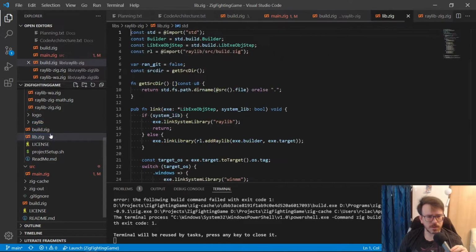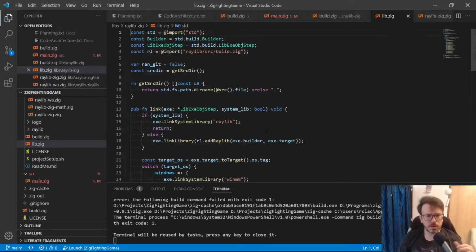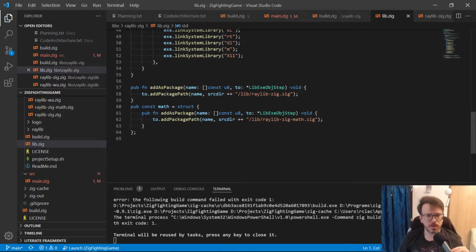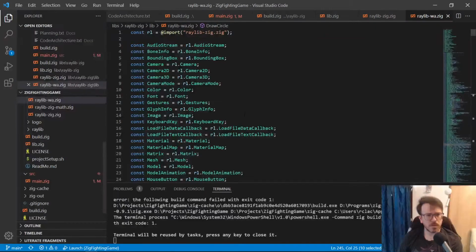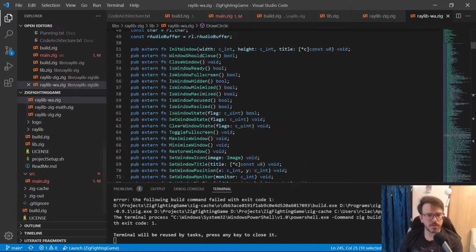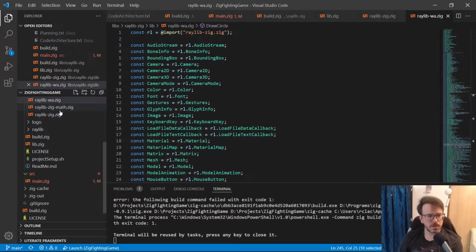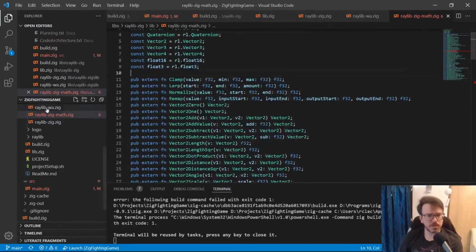Interesting. How did they set this up though? What is this WA thing? Because it does seem to have the declaration of all the functions. Then we have math too.